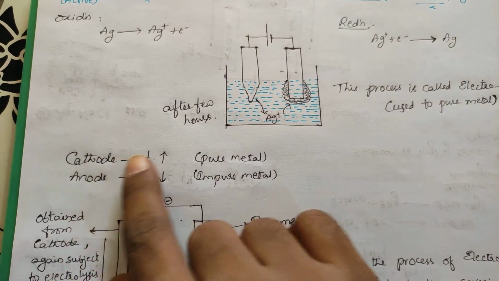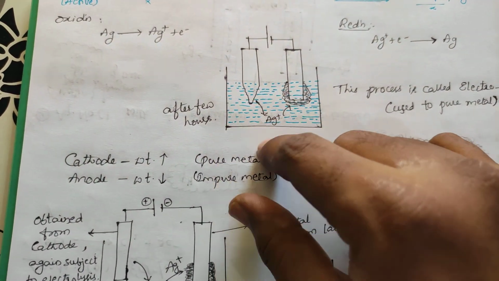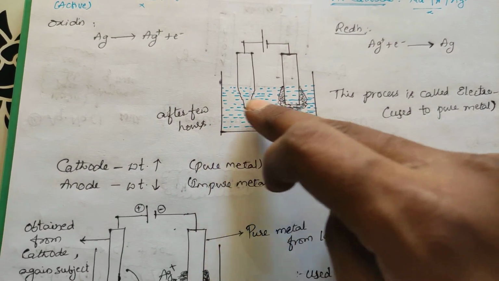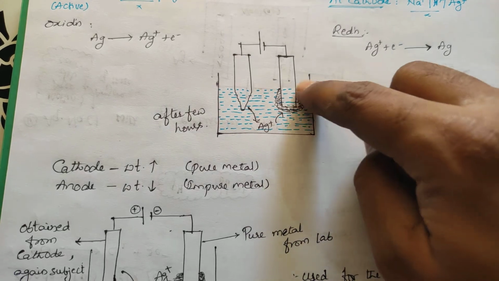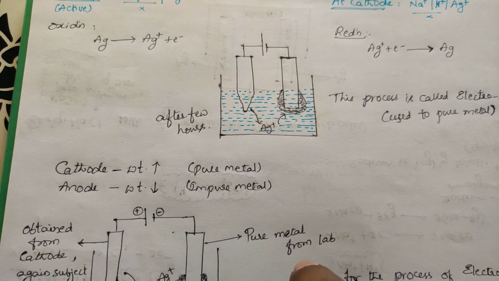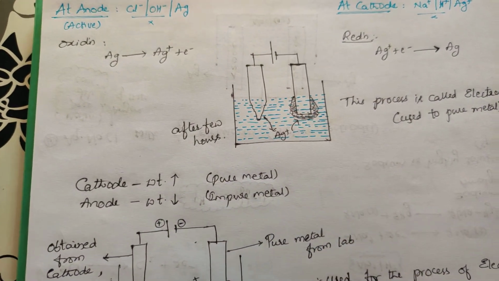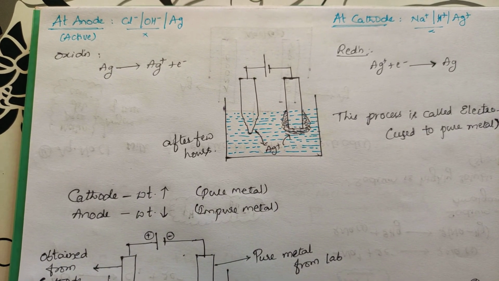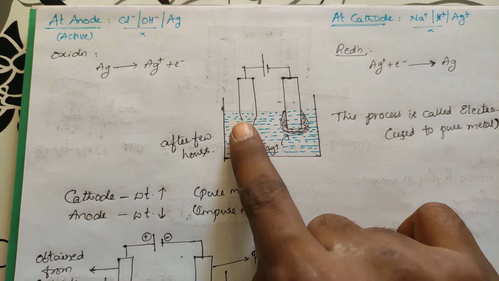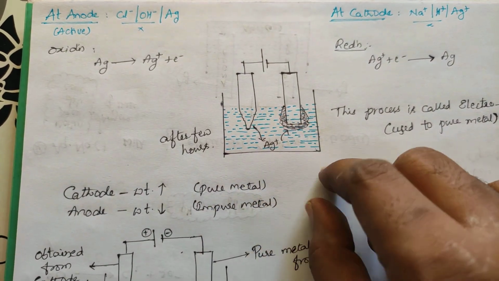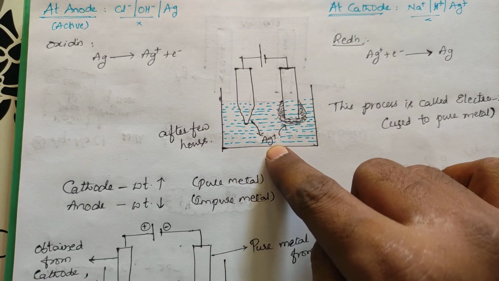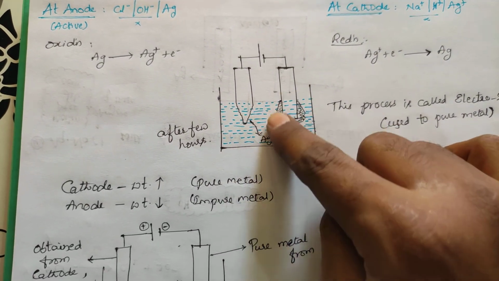So at the cathode, what happens? This Ag rod goes into the solution by disintegrating, and it again gets deposited on the other electrode. You have already seen this type of formation in voltaic cells or Daniell cells, right? In electrochemical cells, the anode undergoes disintegration and its weight is reduced. After a few hours, it disintegrates and comes into the solution as Ag plus. Here oxidation occurs, and here Ag forms and undergoes reduction.